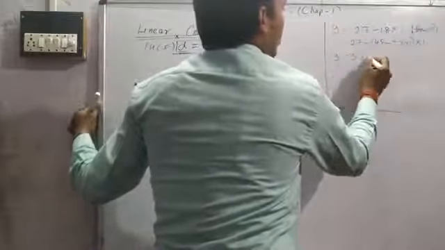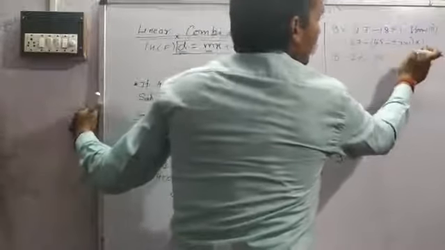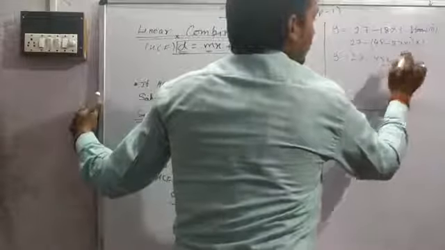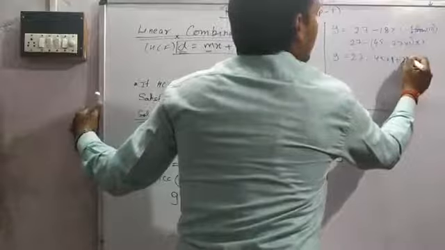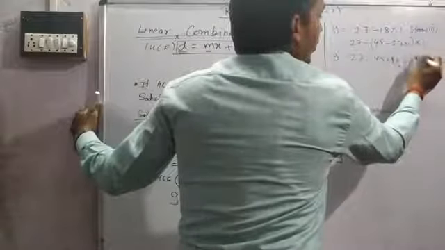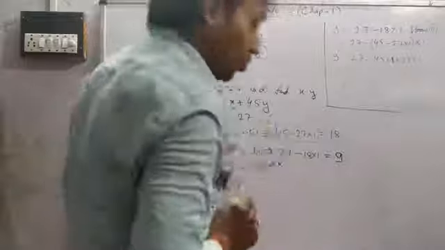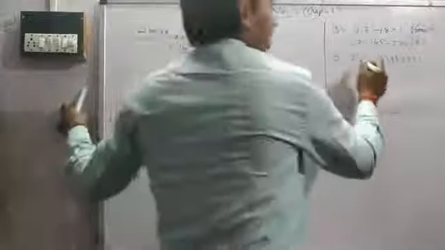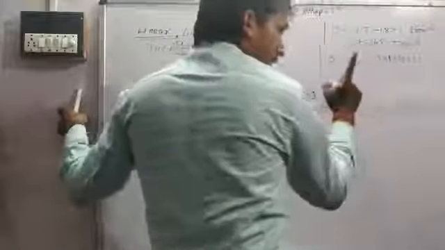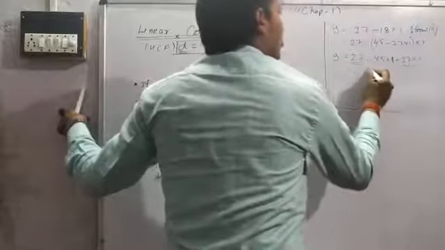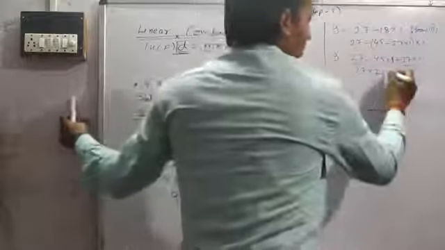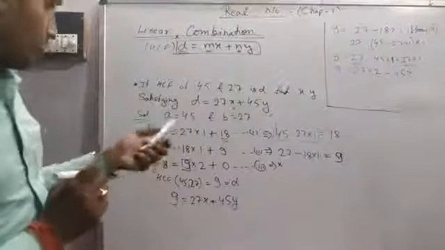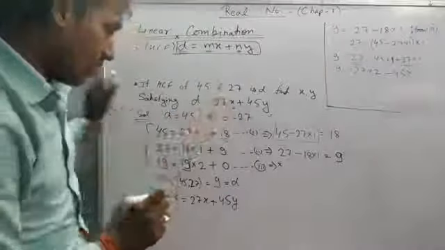Open the bracket: 27 minus 45, this 1 multiply and minus multiply, so 45 into 1, minus into minus, plus 27 into 1. You do not simplify any of the numerical values, only open the brackets. Then 27 1 times, 27 1 times, so you get 27 2 times, minus 45 into 1. The expression is converted into 9 form. Then compare with